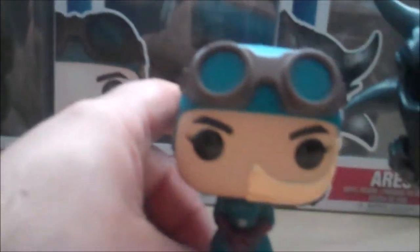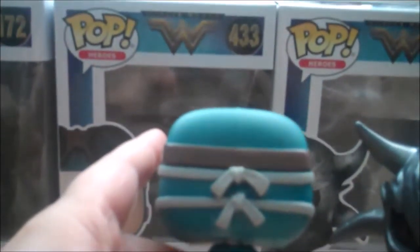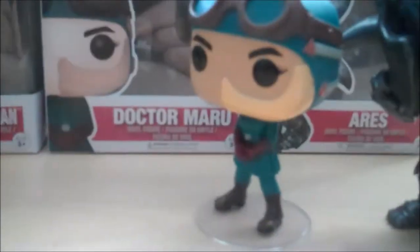I love the colors, by the way. It's a beautiful teal sea green kind of thing, and I love the ties in the back of her mask holding everything together. I love her steampunk-like goggles. I love the way that her pose is, that she's got her hands in front clasped together, and I also love the details on that little graft of skin that is on her face. I don't remember exactly what it is. I don't even think they actually talk about what it is or why it's there,